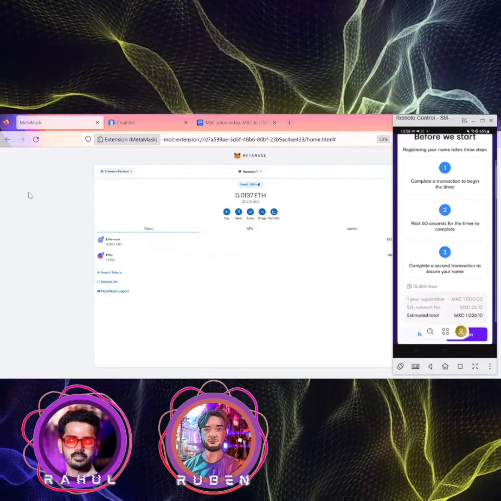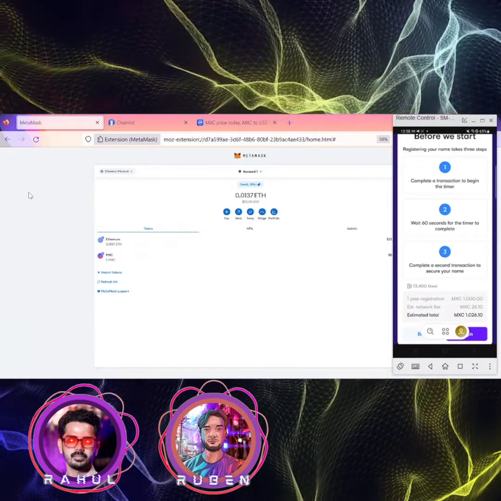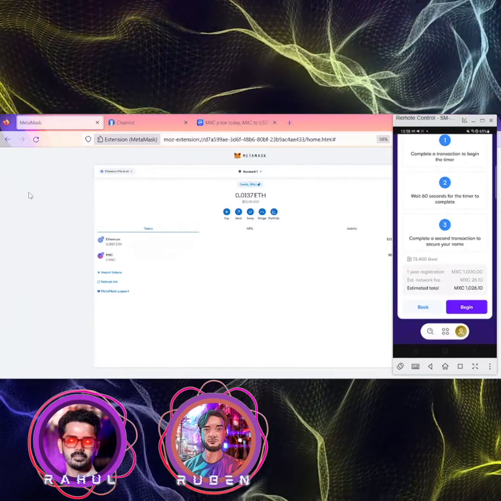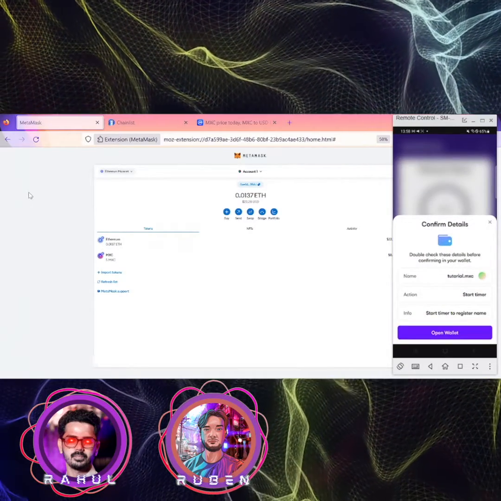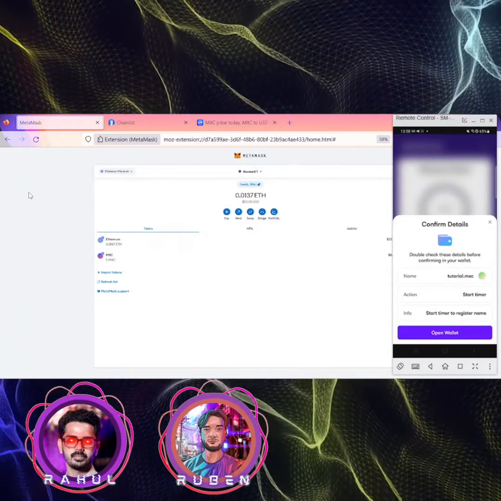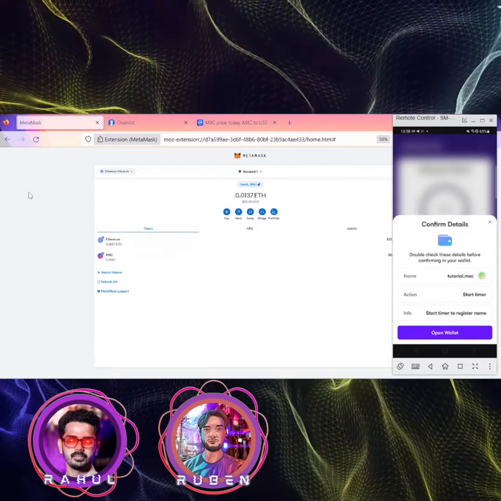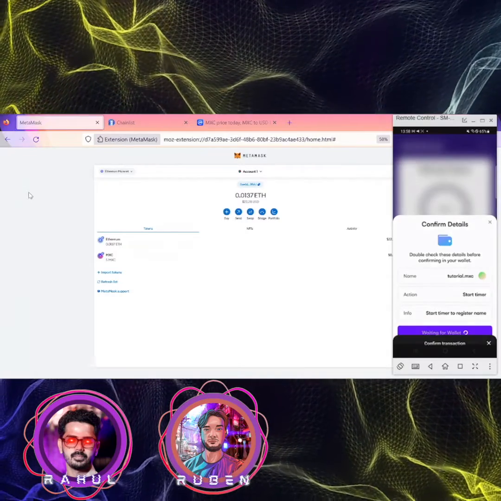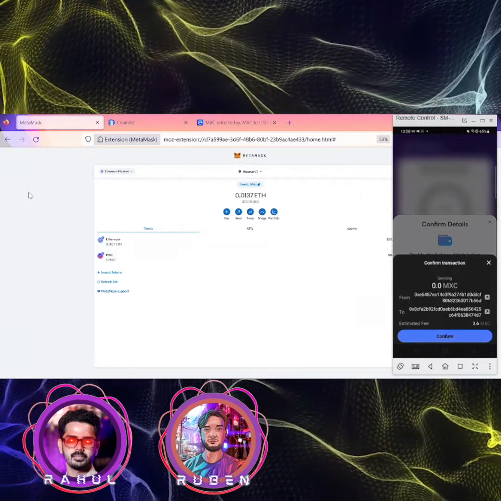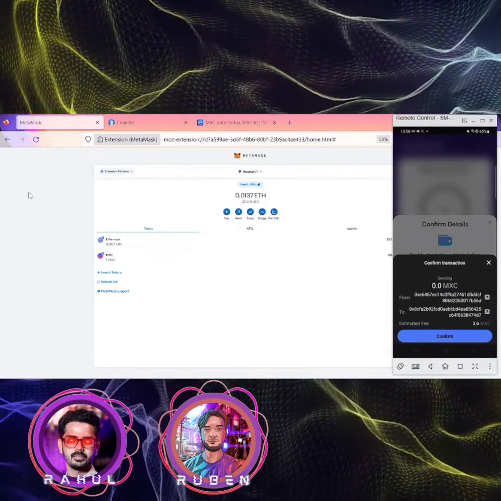Let's scroll down. It will give you the steps here, some details, and let's click on begin. Here you will see a template for confirmation. Let's click on open wallet. Here you will see the estimated fees. Let's click on confirm,